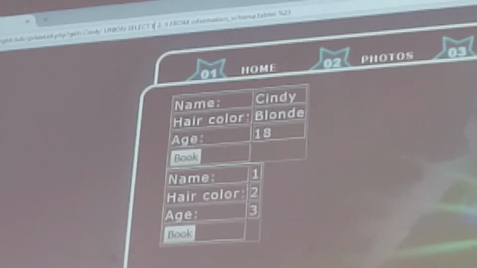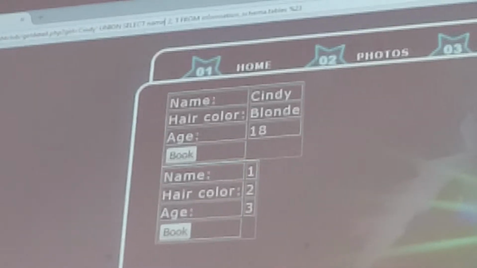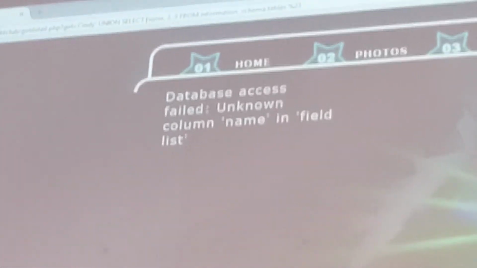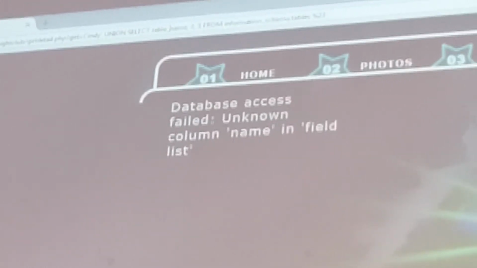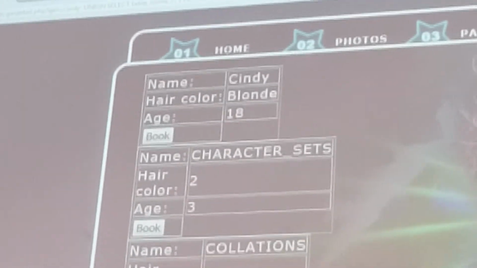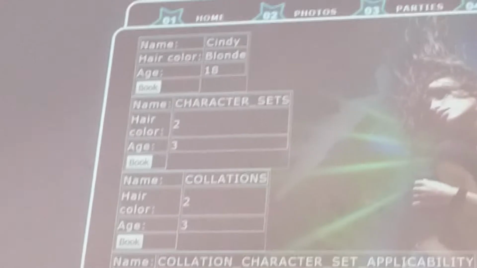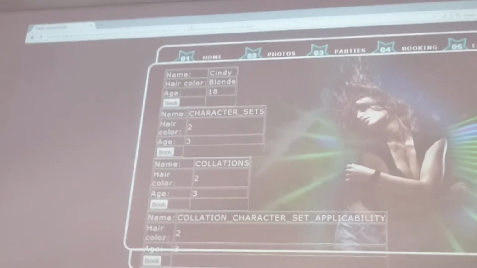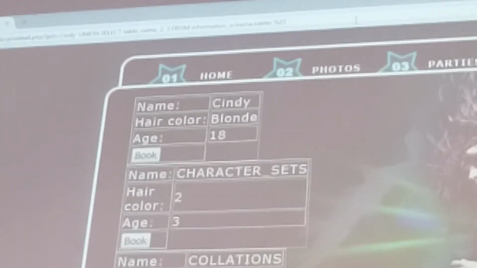The number of columns, the name of columns. I'm not sure if it is name or table name. We may be actually forced to look up the documentation. Okay, so what does this tell us? The names of the tables. Yeah, and to make it even